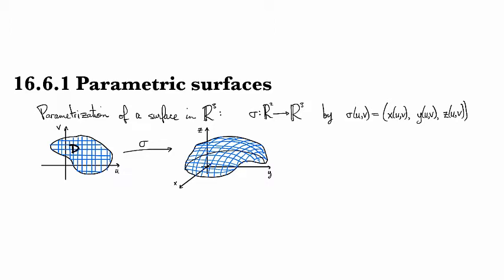So I'm going to start off with just the idea of the parameterization of a surface in R3. So this is going to be a mapping from R2 to R3. And so we've got an X coordinate and a Y coordinate and a Z coordinate, but each of these can depend on two variables. And I'm indicating here that sigma is a mapping from all of R2, but it doesn't need to be. It might just have a domain that's some subset of R2. So for instance,